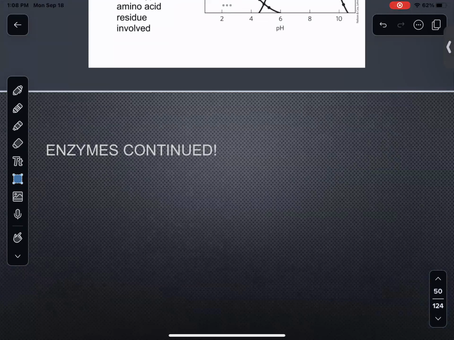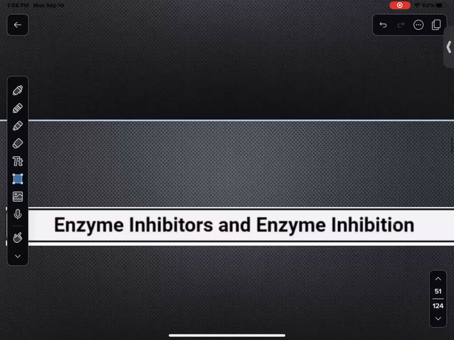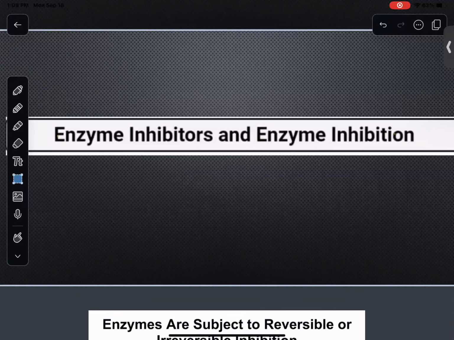So we talked about a lot of important things, and we talked about the basics, and now it's time to jump into the meat and potatoes, what you've all been asking for. Inhibitors. I hope you guys are pumped because this is going to get a little bit intensive. Try to follow along as best as you can. You're not going to get it the first time. I can assure you of that.